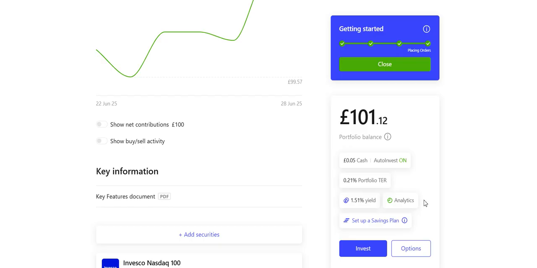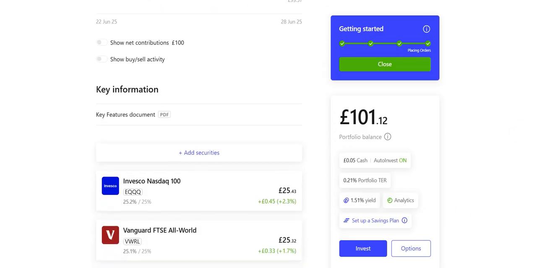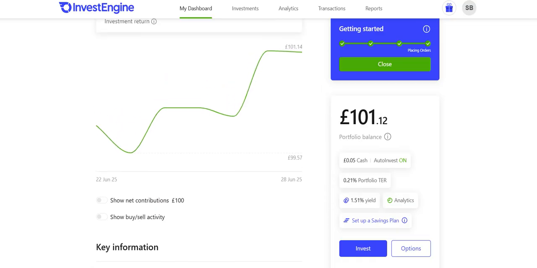So if you want to see how much you invested in America, for example, you can click on that and that will show you that. And then this is the direct debit I mentioned. I think the minimum's either £50 or £100 per month. It's a bit annoying you can't do it weekly, but this is what they offer. I think that's about it.